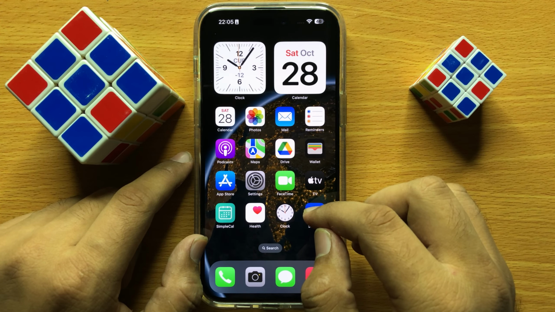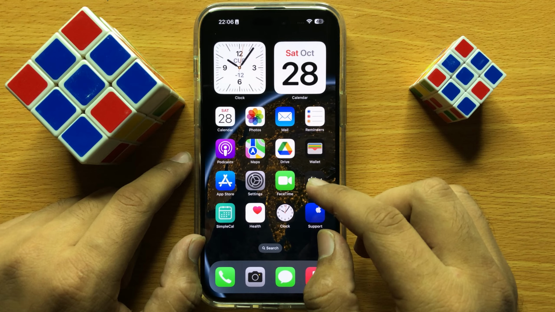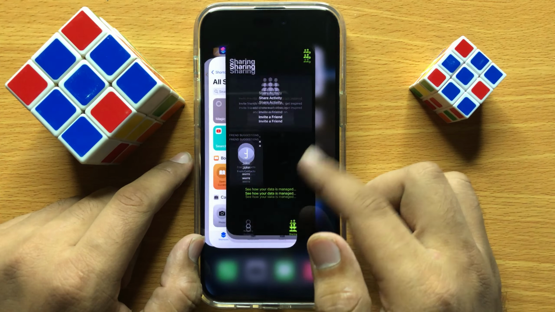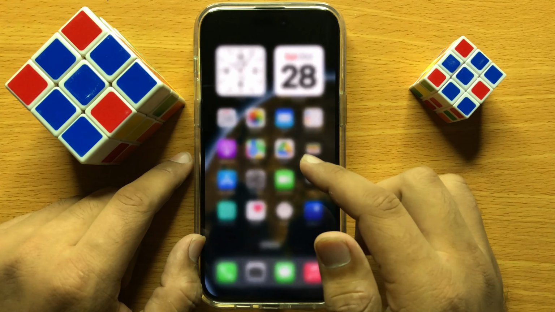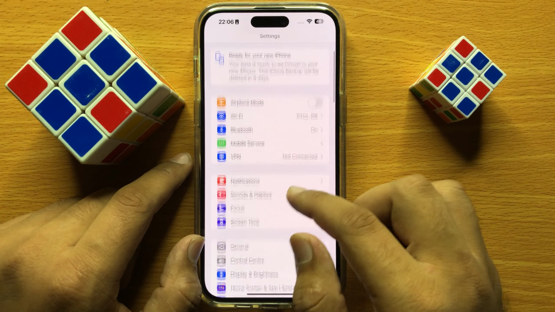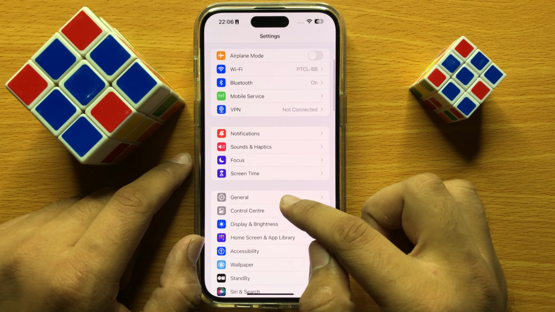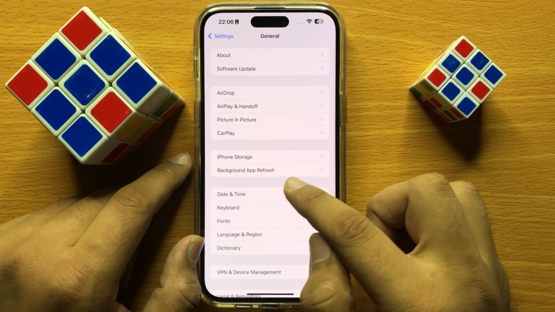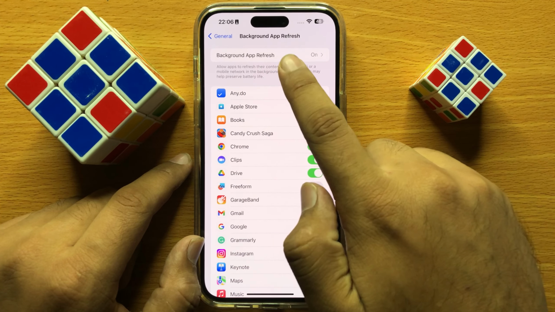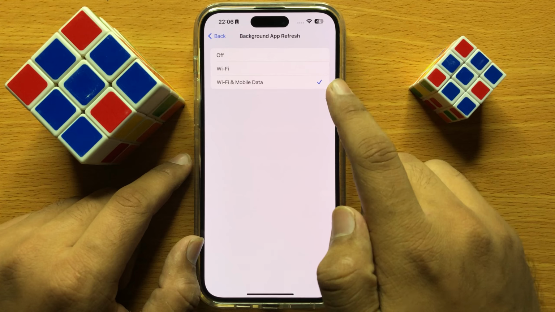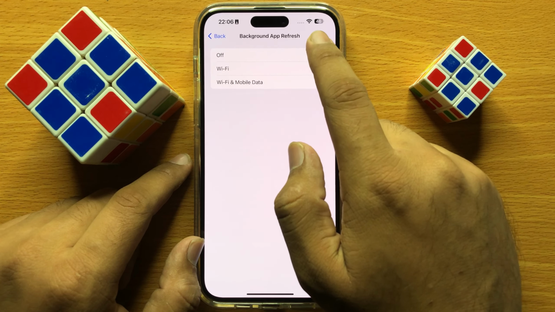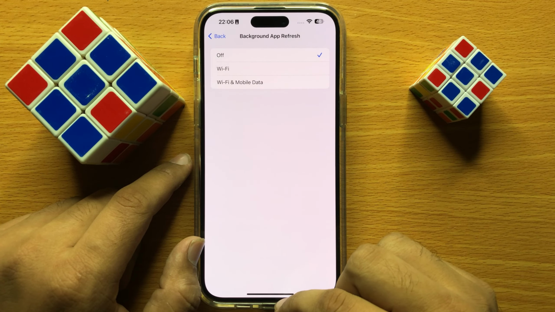So first of all, remove all the apps you have opened in the background. So remove all apps, and after removing all apps, open settings and click on general. Then here click on background app refresh and again click on background app refresh here. Now if you have turned on background app refresh, then turn it off, and after that